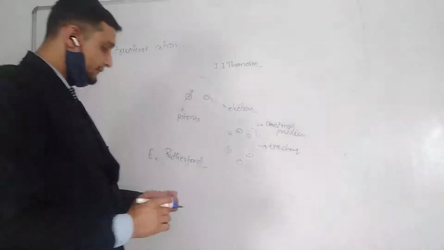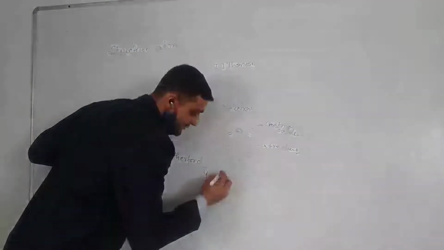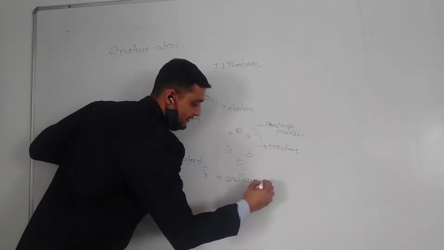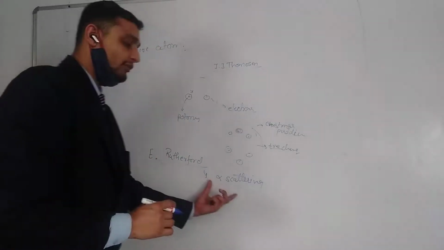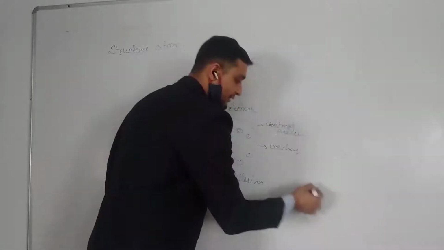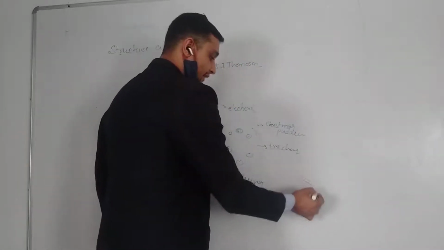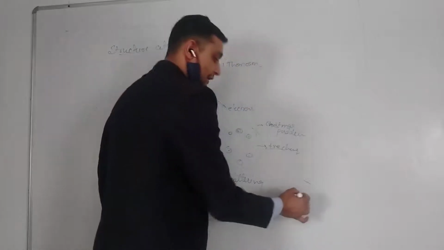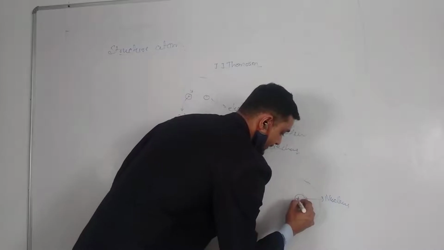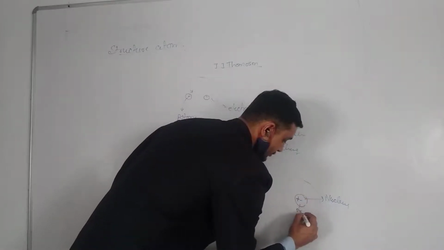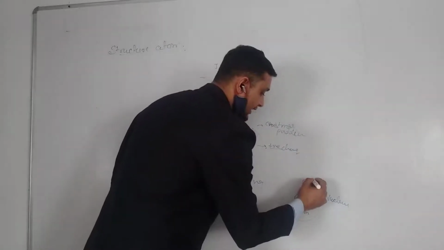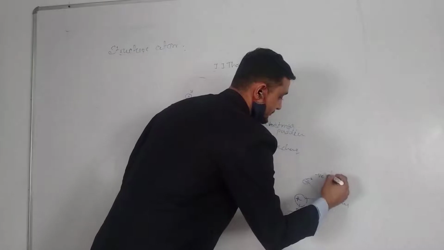Rutherford had done an experiment. The experiment is known as alpha scattering. This was the experiment done by Rutherford. After the experiment, Rutherford was able to guess a new structure, which can be defined as: there is a center part called the nucleus, which consists of plus charge, that is protons, and it is orbited by the negatively charged electrons.